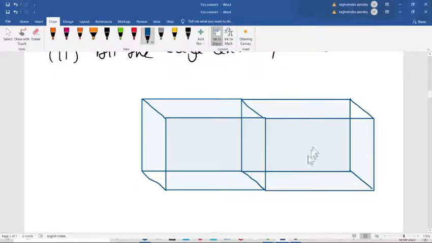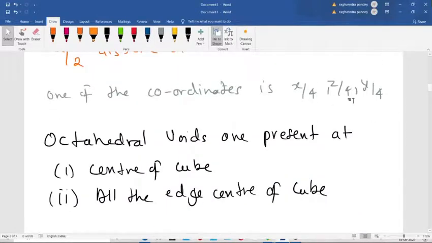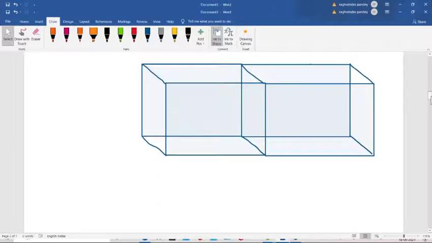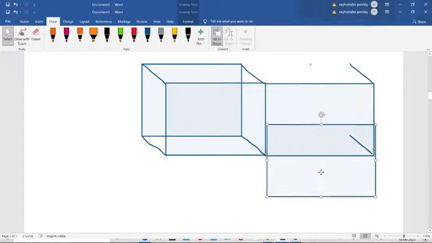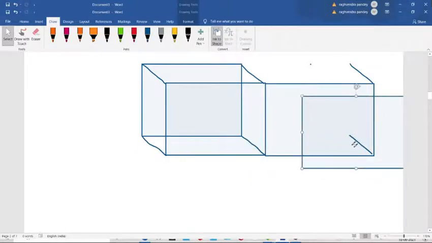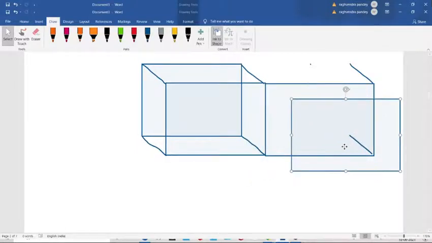Should make it here only, somewhere here.